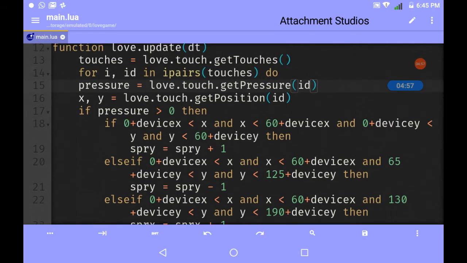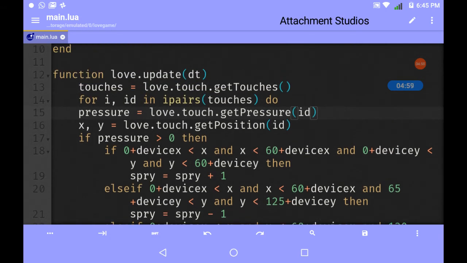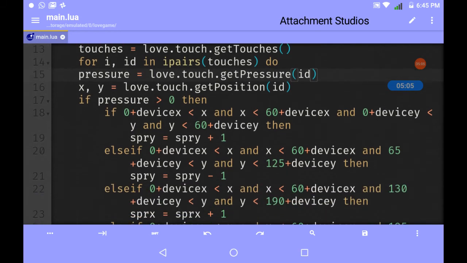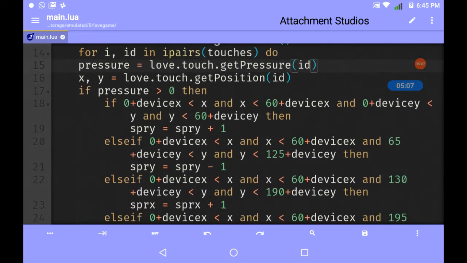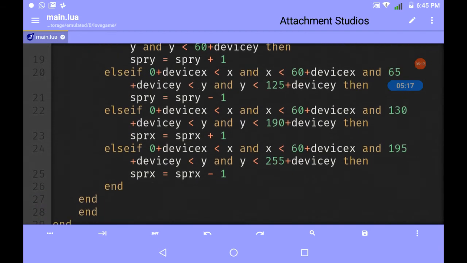Otherwise over here it's just checking if the pressure is greater than 0, and if it is, then x and y coordinates are given because of this love.touch.getPosition(id), and that's it.